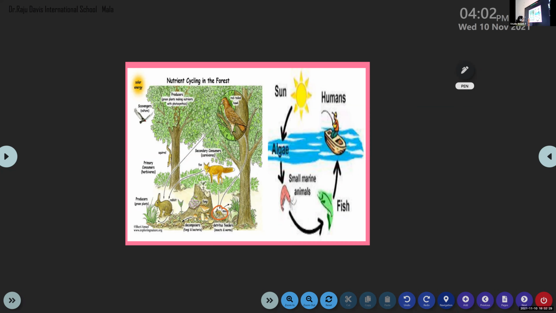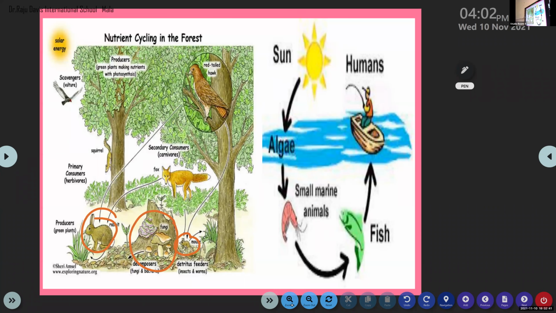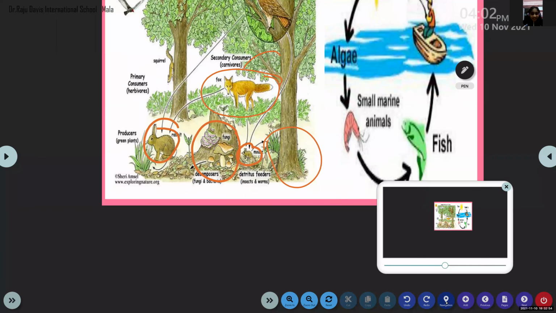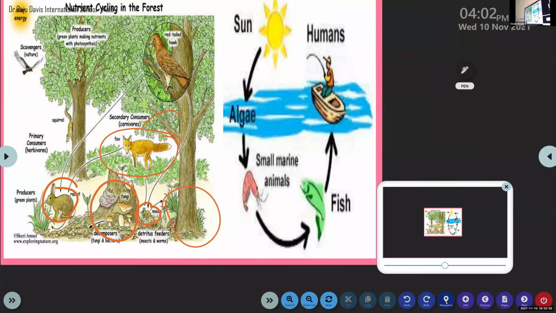You have seen a rabbit over there, and a fungi over there. Where you look around, you can see so many creatures on the board. Have you observed a red-tailed hawk? And then there is a fox, and there are plants. Then there is a red tail. Everything is moving. Even there's solar energy, the sun is there on the top.